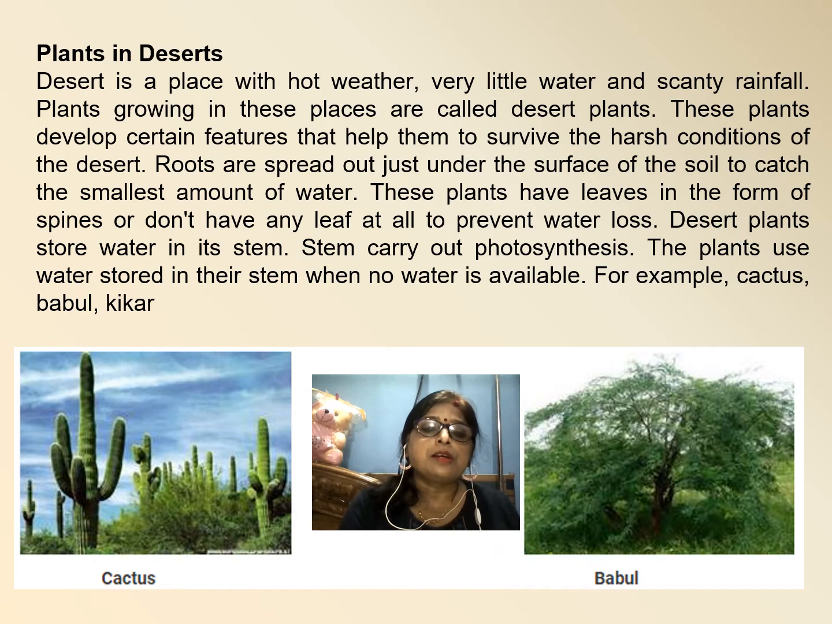Plants in deserts. Desert is that area where very little water is found and there is the least rainfall. Plants growing in these places are called desert plants. These plants develop certain features that help them to survive in the harsh condition. Harsh condition means there is a scarcity of water, but plants develop themselves due to special features. These plants have long roots. They are spread out under the surface of the soil to catch the smallest amount of water wherever they